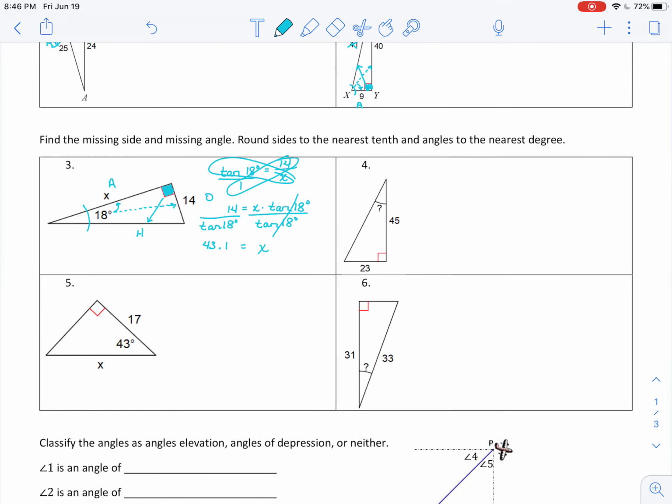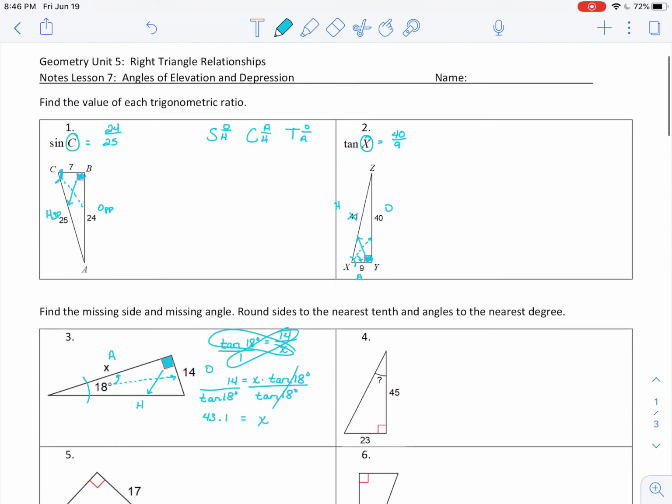I think I'm going to pause there. We'll do 4